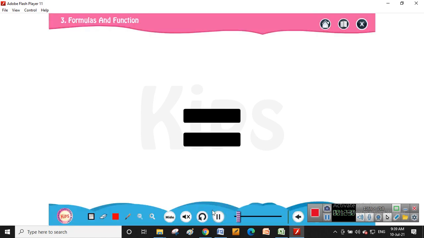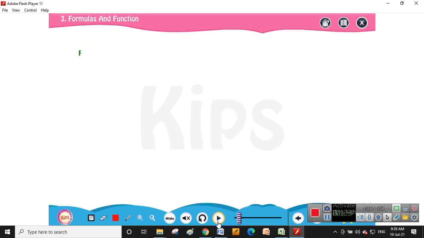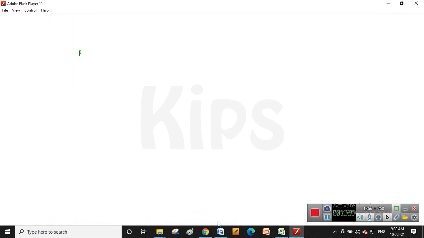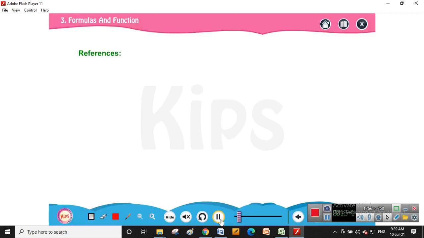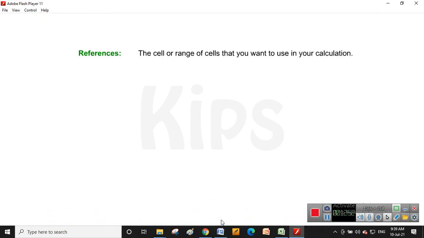Okay. Next. It may contain any one or more of the following elements. Okay, so equal to is compulsory, उसके बाद में और कुछ भी elements add कर सकते हैं. What are the references I am talking about? The cell or range of cells that you want to use in your calculation. माने जैसा कि आपका weekly test, अभी तक 3 weekly tests हैं.